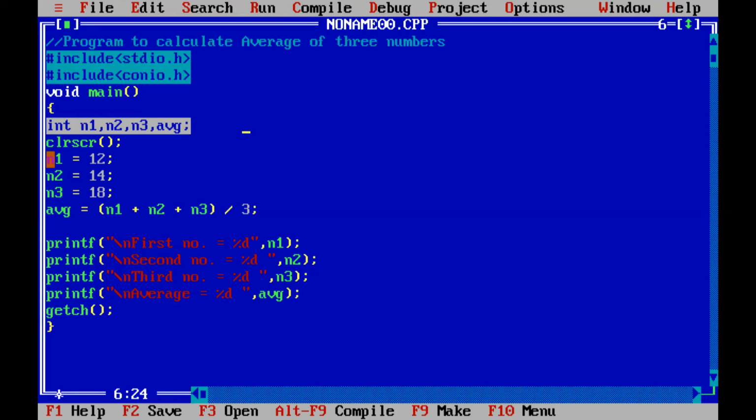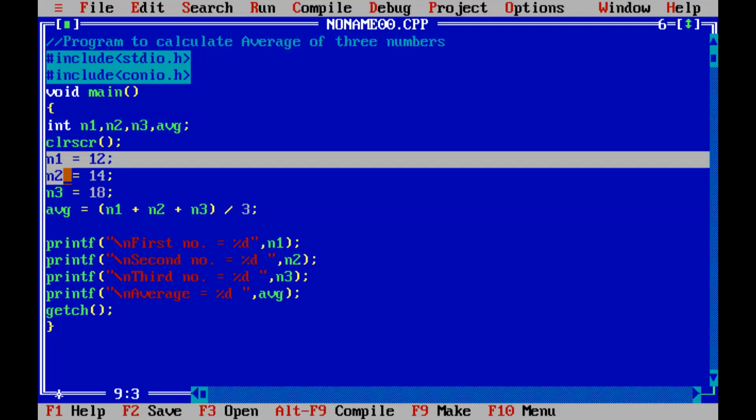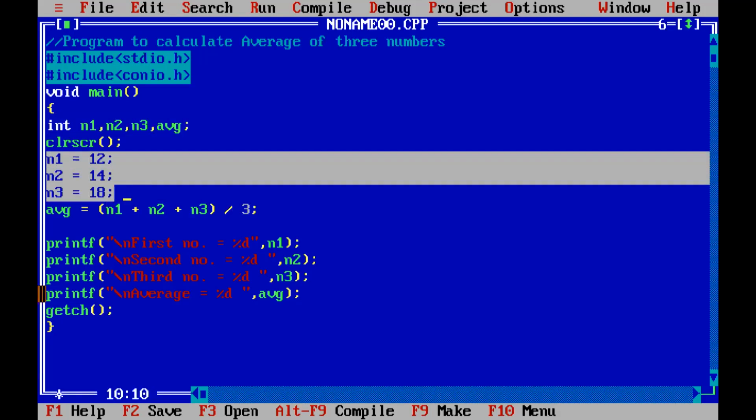Okay. After this declaration of variable, now here in this part, you can see I have taken three values in these three variables. The first step was to declare variables.